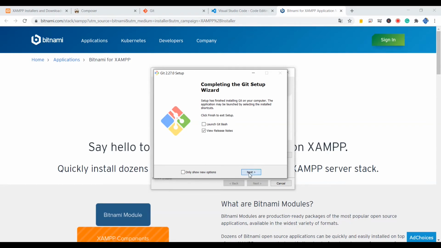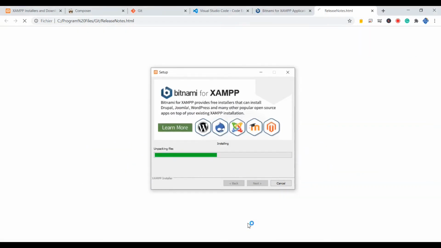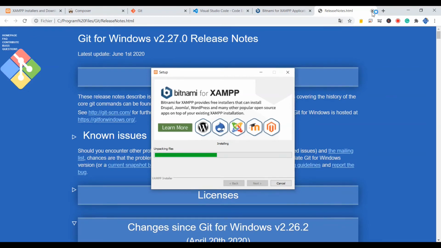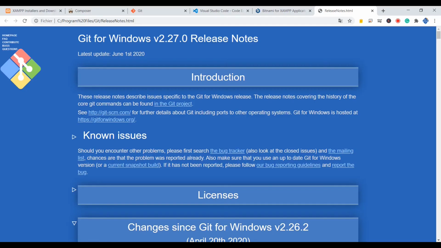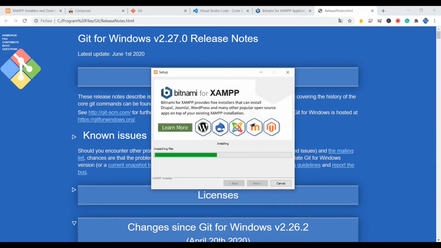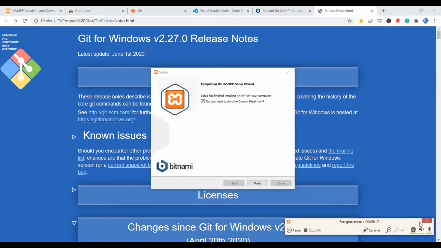I can click on next here, and the same thing for Visual Studio Code, and I'm going to be redirected to this website. I can close here, and this is our Visual Studio Code, and we have finished with our Git, and we are waiting for our XAMPP installation. And as you can see, we have finished with XAMPP. We can click on finish,